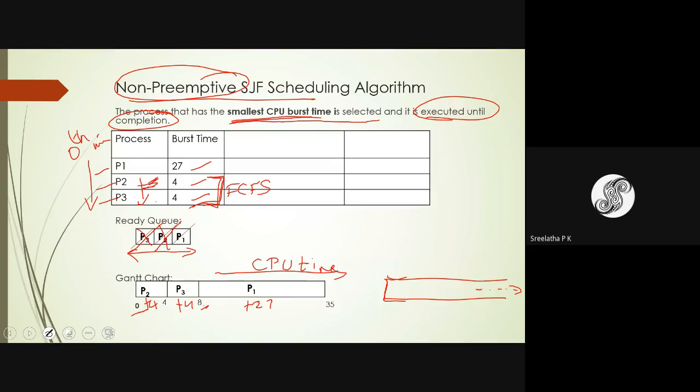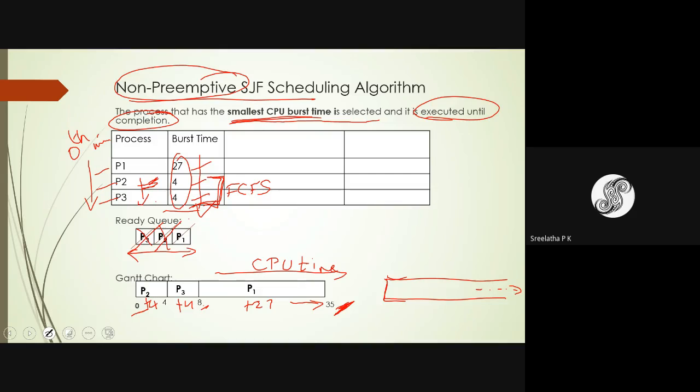Okay, so students, you can check this final value in any of the algorithms. The total burst time, the total of this will be the final value that you get here. Okay, you can cross check that also. Once you finish drawing this Gantt chart, you can cross check whether you're getting the summation value finally in the Gantt chart.